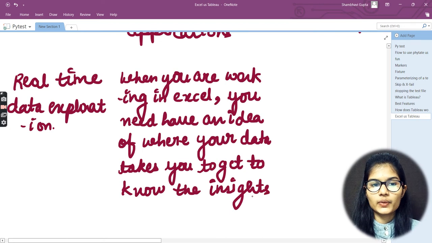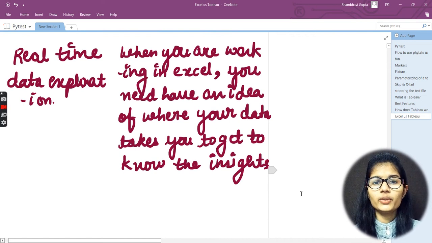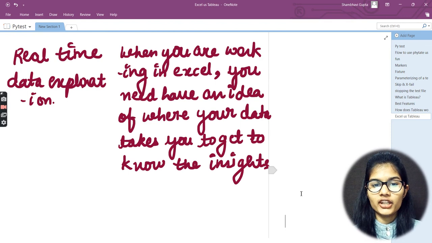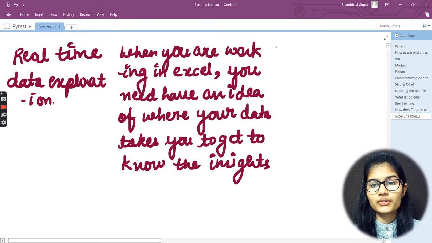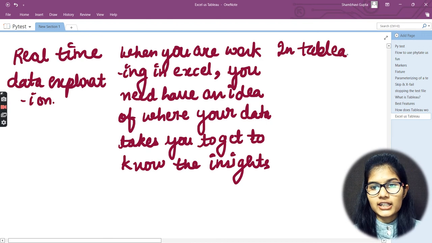So if we talk about real-time data exploration in Excel, whenever you are working in Excel, you need to have an idea of where your data takes you to get to know the insights. Okay, if we talk about Tableau in the same respect, I could write here that in Tableau,